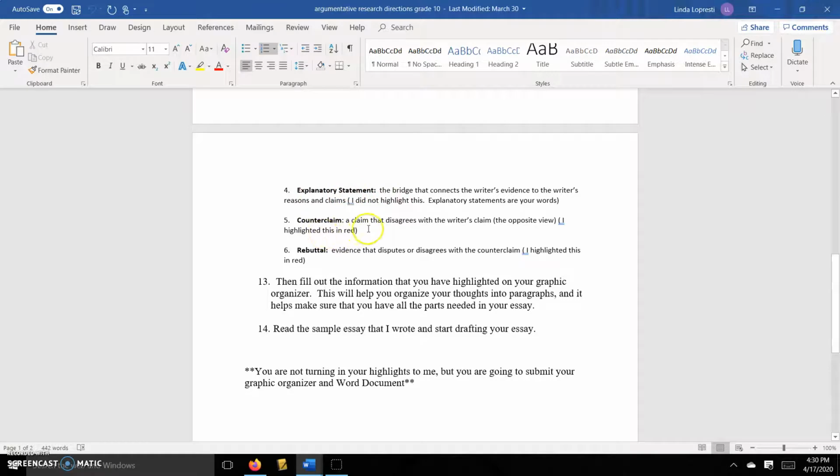The counterclaim I did find in the article, so I highlighted that in red, and the counterclaim is basically the opposing view, and then the rebuttal is when you quickly disagree with that opposing view, and I highlight that in red as well. Okay, so 13, I said, then you're going to fill out your graphic organizer, but I will show you that in a separate video. For right now, I just want you to read and highlight the article, and then I will show you how to do the graphic organizer, and I'll show you